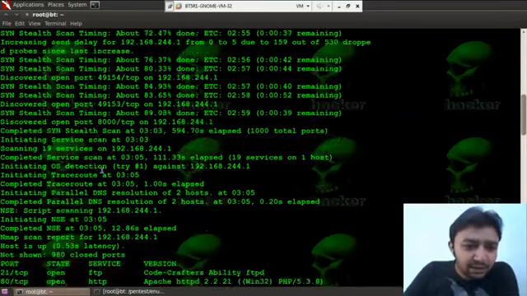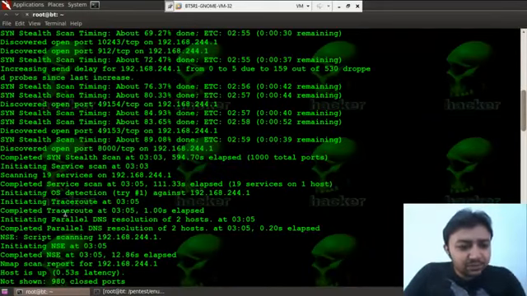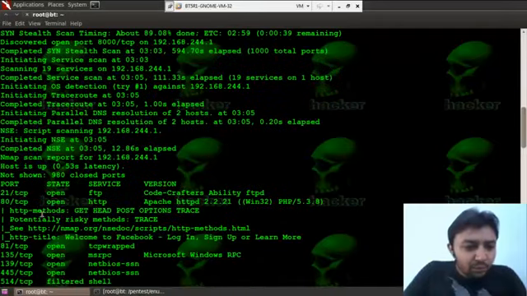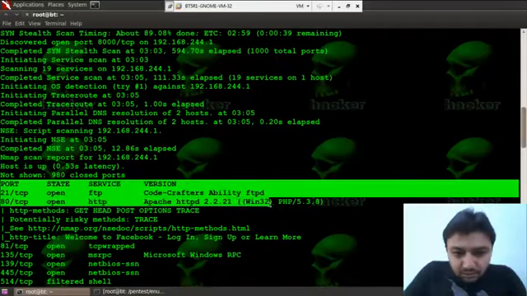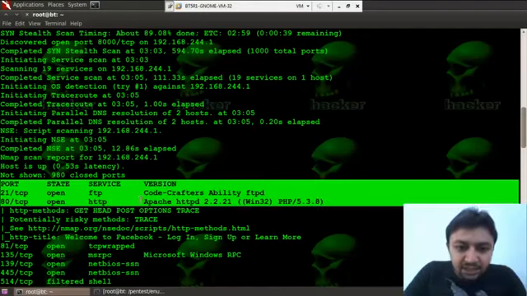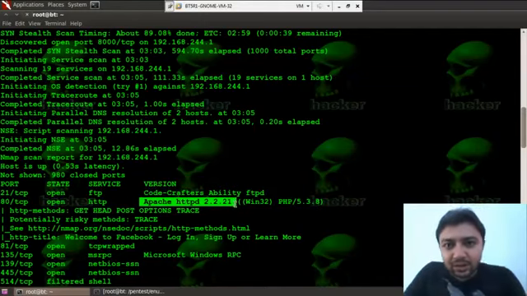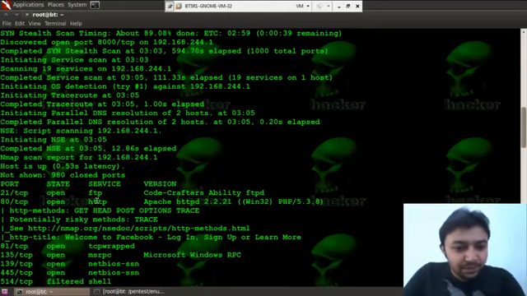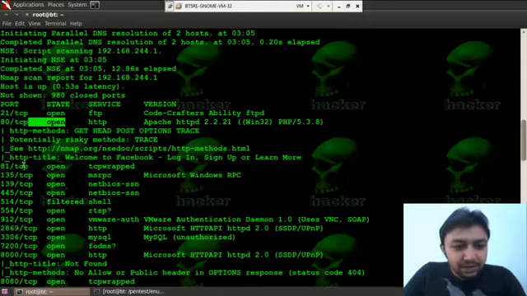Next, the beauty is it performed various types of commands, all the port scans. This is a very good result which shows that it is the Apache HTTPD server. So here using Nmap I found out that the server is Apache and the service is running and the port is open. Next I've got the title of the website and what is running.